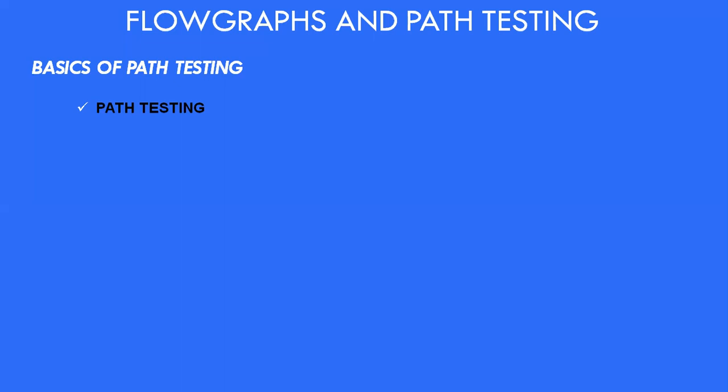Here we have to understand that path testing techniques are the oldest of all the structural test techniques. From this statement, we can conclude that path testing is one of the oldest testing techniques of structural testing. So path testing is most applicable to new software for unit testing, and it is a structural testing technique.